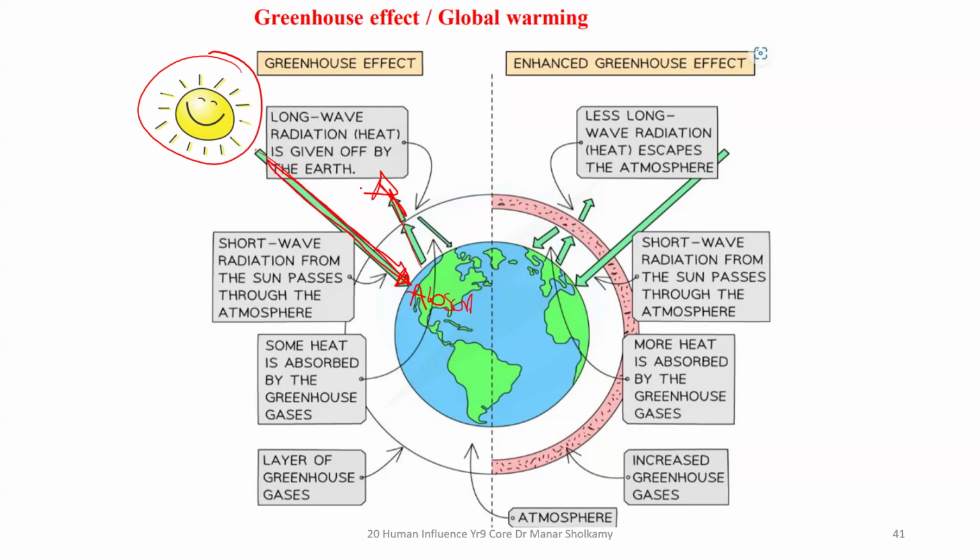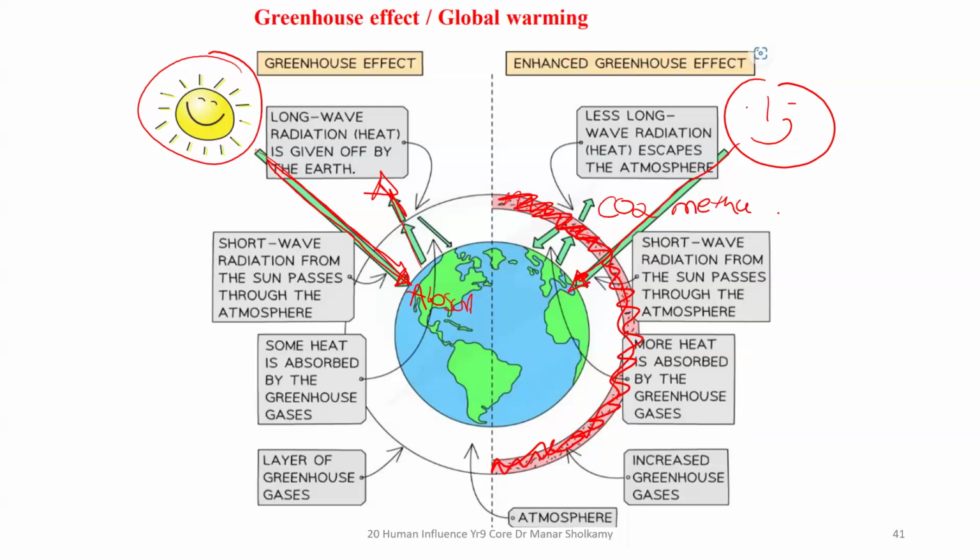Now, when we do lots of pollution and we emit a lot of toxic gases like methane and carbon dioxide, we create an invisible curtain in our atmosphere. It's called the black curtain. Okay? Now, when the sun releases radiation, this radiation is going to reach the earth. We will absorb the heat that we need, and the rest will not be reflected back as normal, but the rest is going to be absorbed by this black curtain. The rest is going to be absorbed by the carbon dioxide gas and the methane gas and the toxic gases that we produce from our factories and our car fumes.